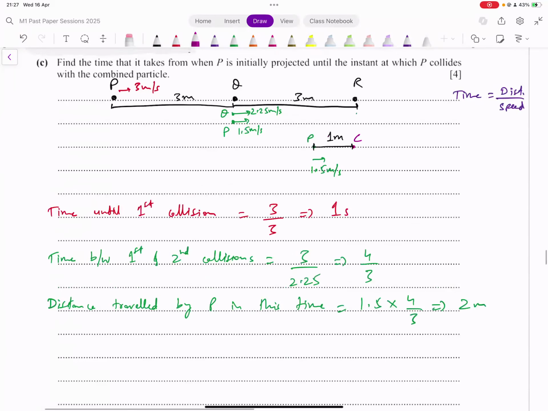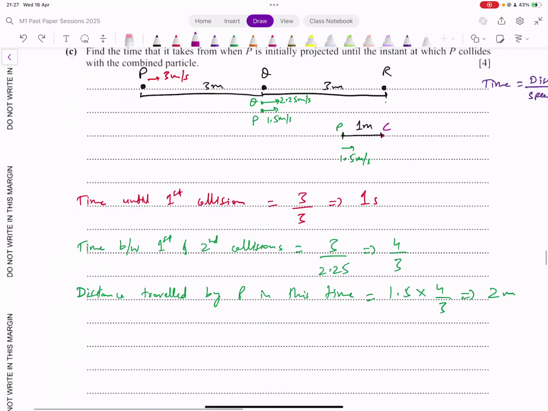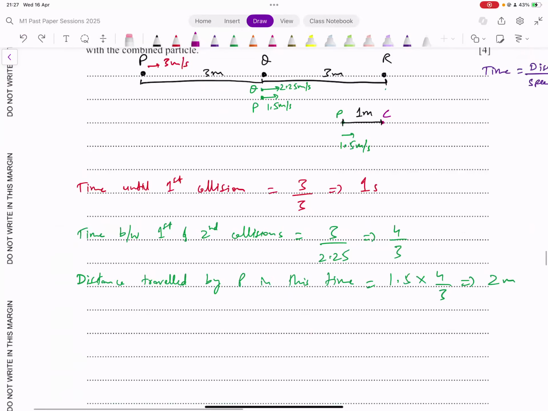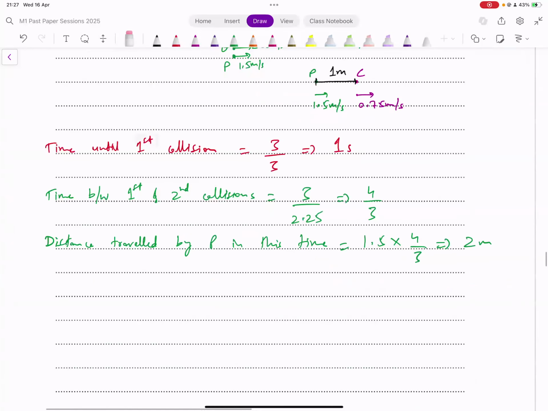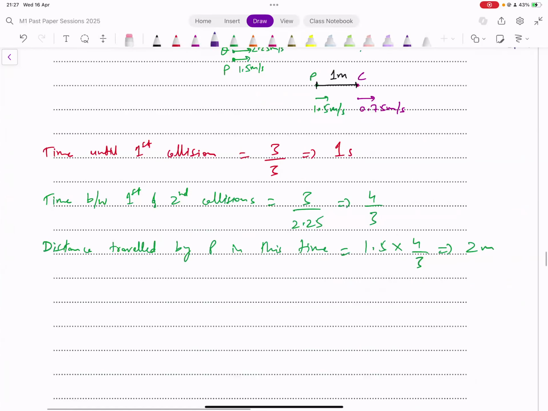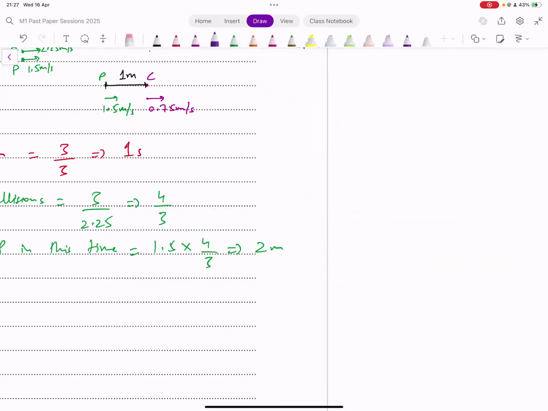And C is now traveling. The combined particle is traveling at 0.75 meters per second to the right. When are they going to collide with each other again? Now, think about it. We've done similar questions like this before. Every second, what happens is, every second, in 1 second,